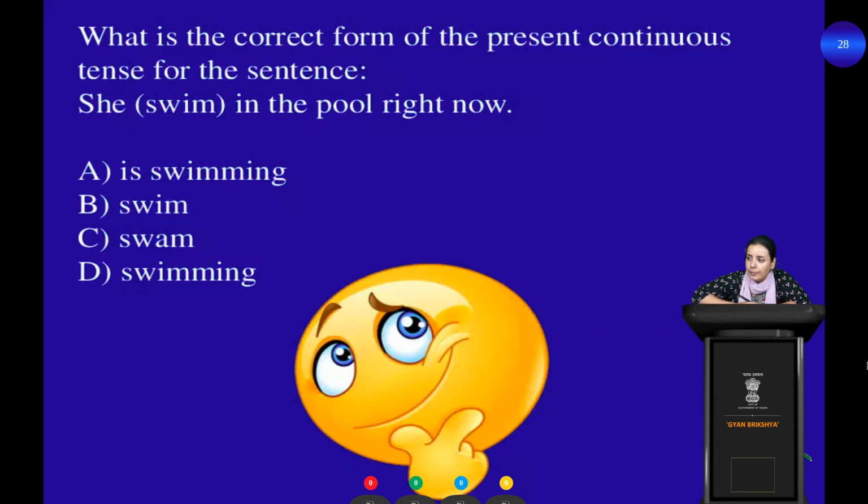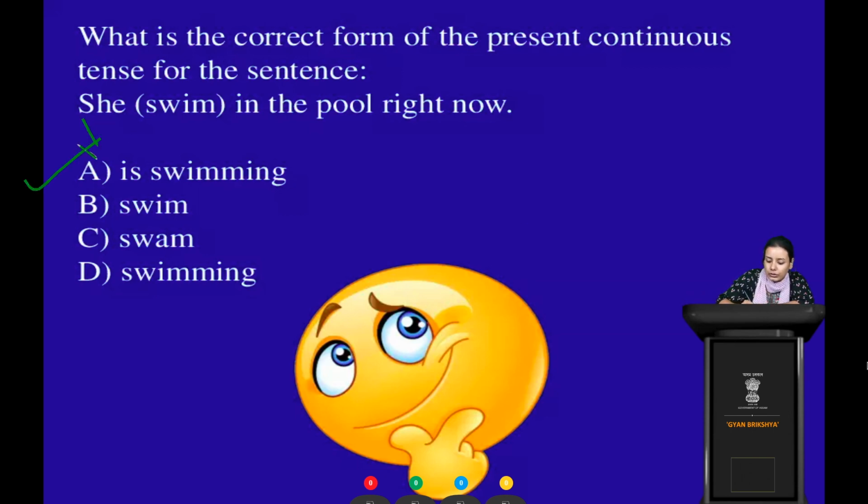I have started the timer. She swim in the pool right now. So timer is already started. Try to answer the question carefully. What would be the option, students? A, B, C or D? 8, 7, 6, 5, 4, 3, 2 and 1. Time's up and the option is